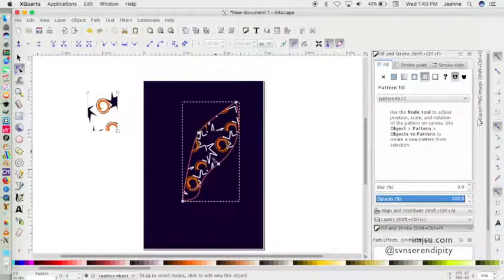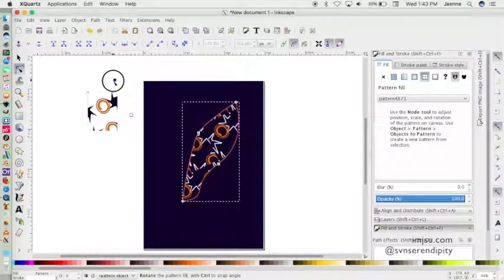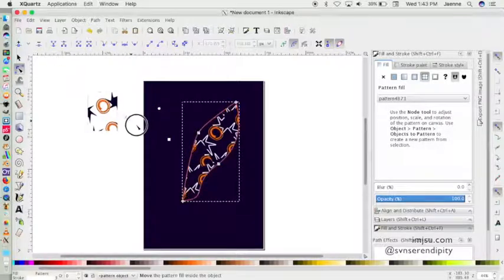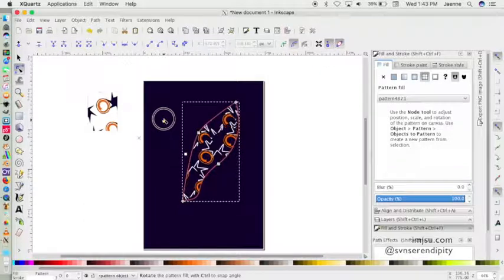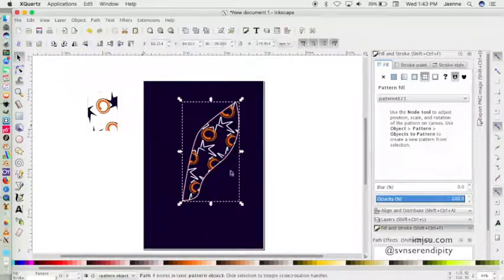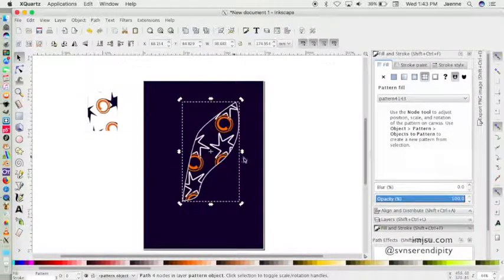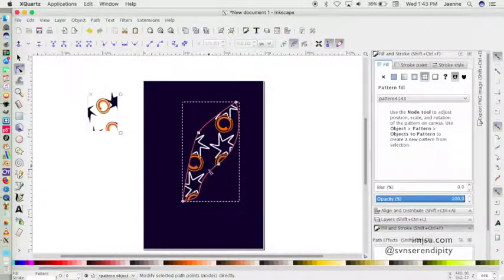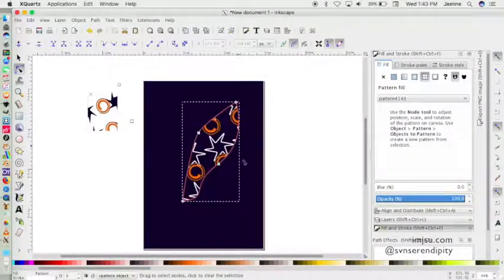Create another pattern object, and then where is the handle? There, maybe like this, until you have the unique pattern object you want. Then you can go back to the old pattern object like that. Okay,